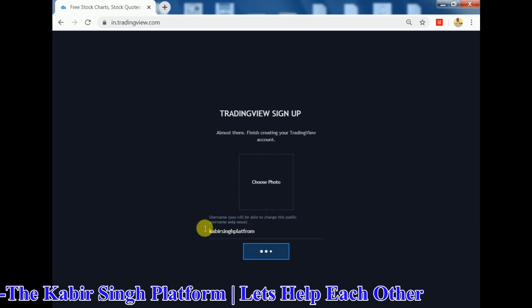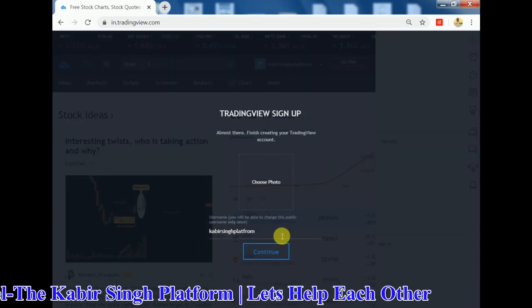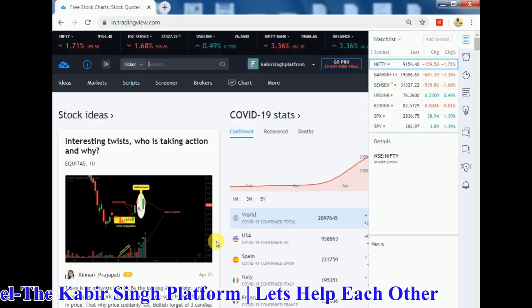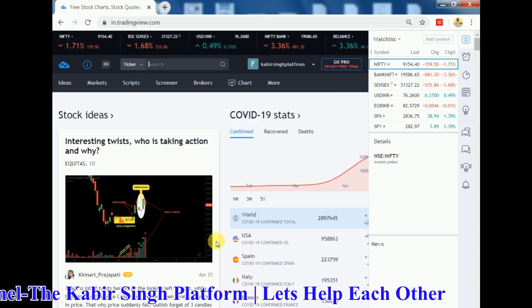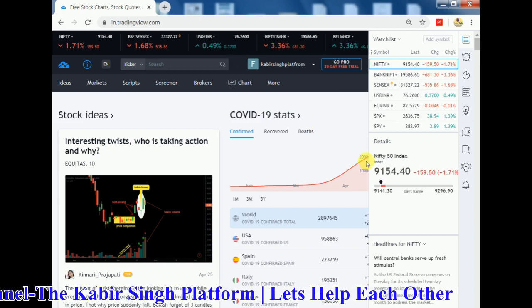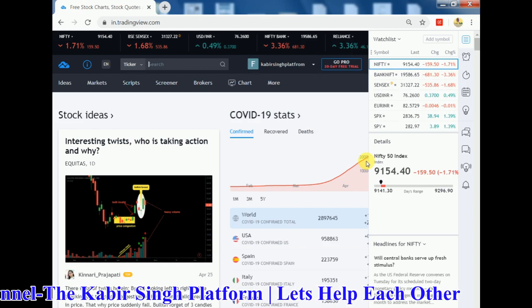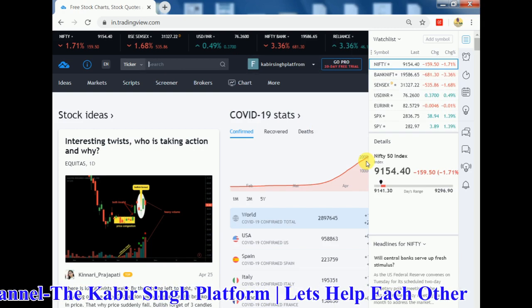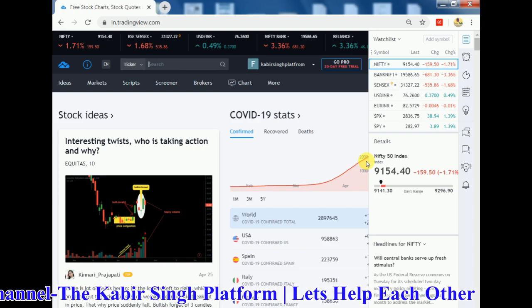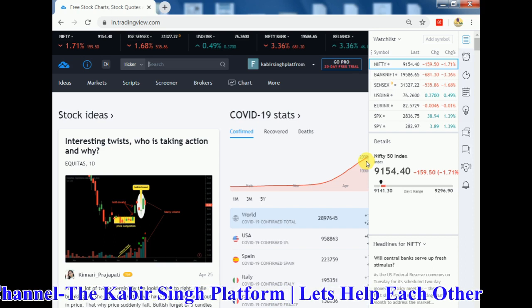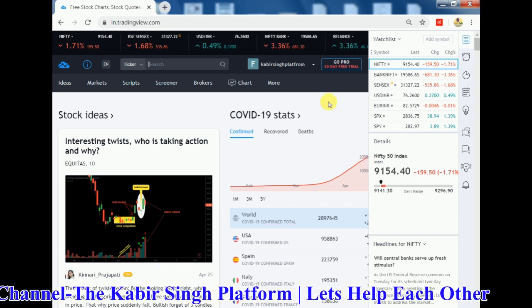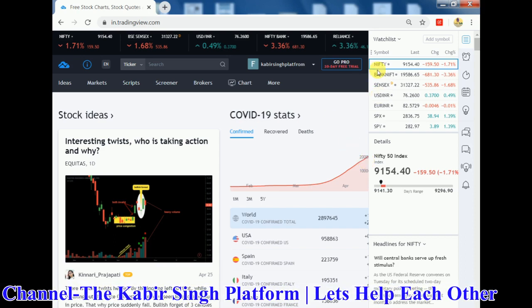Now we have entered our credentials. Let's see what happens now. Once you have entered the credentials and signed up with TradingView platform, you'll get this on your computer. Here I would like to say an important point, that TradingView platform in India does not support smartphones. It can only be opened in your PC or laptop. I hope people who are watching this are aware of this fact. Let's now see how to use it.